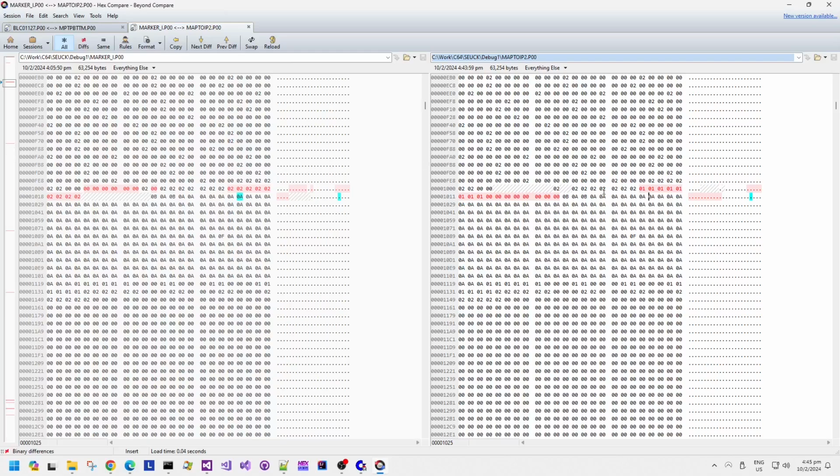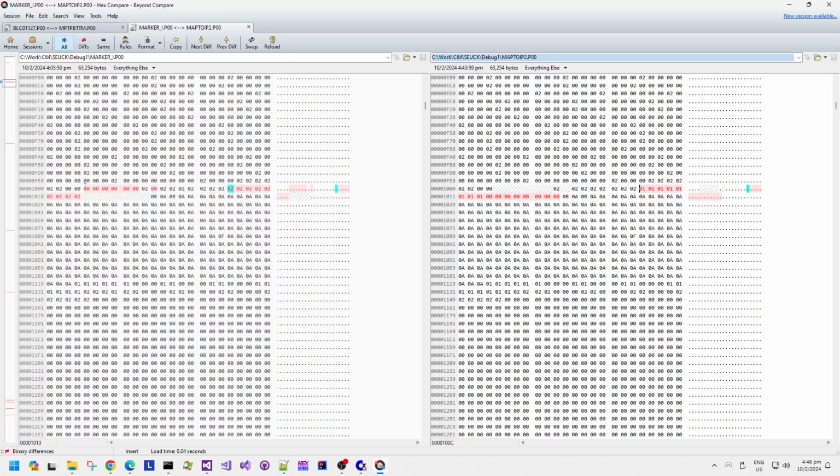Those 8 0 bytes there, and then immediately preceding those 8 0 bytes are 8 1 bytes for block 1, and then immediately before that are 8 2 bytes for block 2. So that confirms in my mind that the map data is stored in reverse order for the Y, so bottom to top rather than top to bottom,